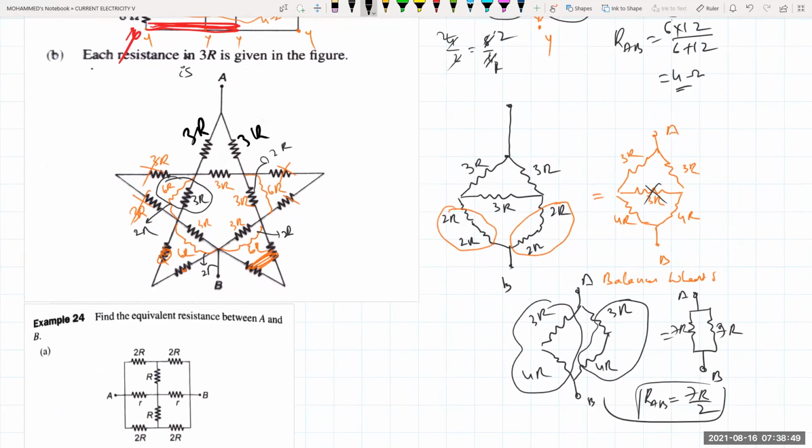Just see first where is series and where is parallel, and accordingly work it out. Sir, in every triangle we'll get 2R, no sir. Then in the shape of a pentagon we'll get 2R resistances, no sir. Which one, beta? See, this one above, 3R in series. So that will become how much for me? 6R. This side also 3R and 3R will be in series, so that will be 6R. Down also 6R. This is also 6R. Isn't it? Is it clear?